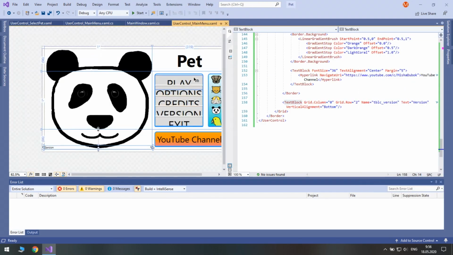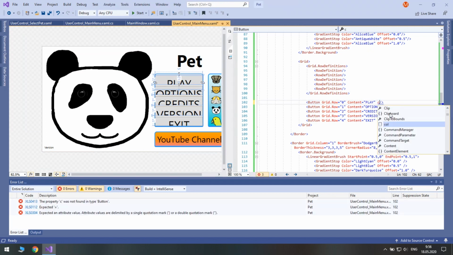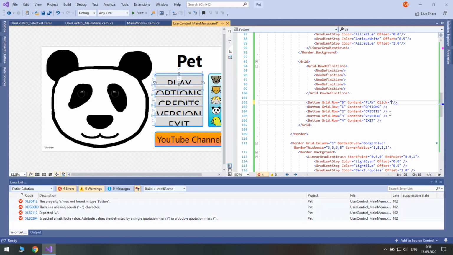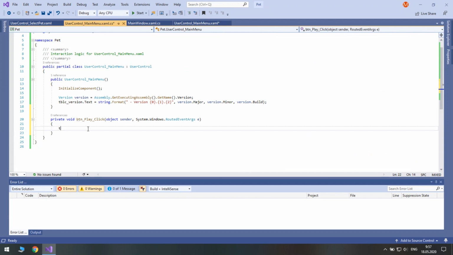Set a click event for the play button. Again, change the content to the new user control.